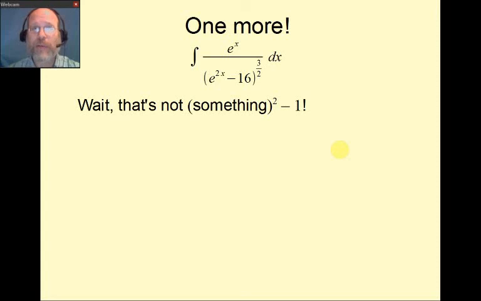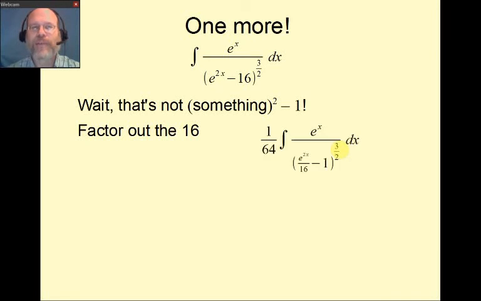Well, that's all right. What we can do is factor the 16 out. And you may be saying, how can you factor out a 16? It's only in one of the two terms. You can only factor things out that are in both terms. Well, how about if I write that first term as 16 times e to the 2x divided by 16? If I play around with it a little bit, put in what I need, factor out the 16, what I'm going to get then is e to the 2x over 16 minus 1 inside those parentheses, all raised